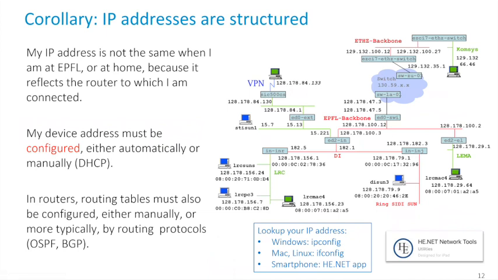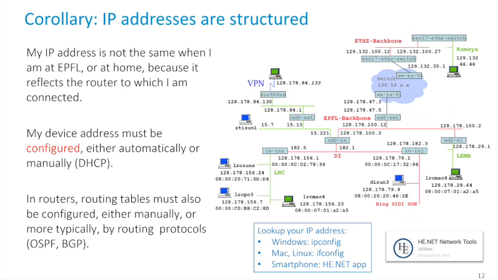The consequence of this is that the IP addresses must be structured. If I am at EPFL with my smartphone, I come in the morning from home, then I move to EPFL, my IP address must change. My IP address when I am at home is not an EPFL address. I'm a customer of Sunrise, so I have a Sunrise address at home. At EPFL, I have an EPFL address. So that's a corollary that the IP address reflects the network in which you are, which roughly speaking reflects the